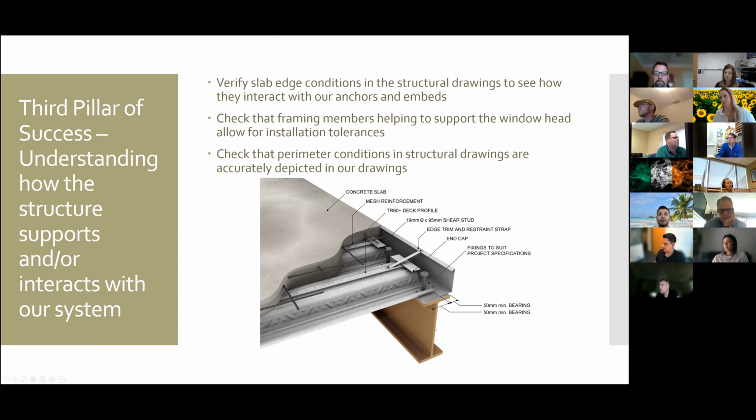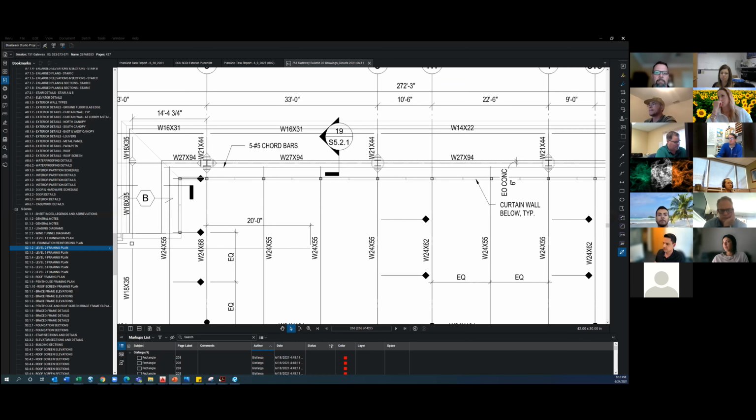And this is just a little isometric of a typical slab edge. So you would have the beam, the edge form, concrete, corrugated deck, and the rebar reinforcement. So now we're going to go to another example